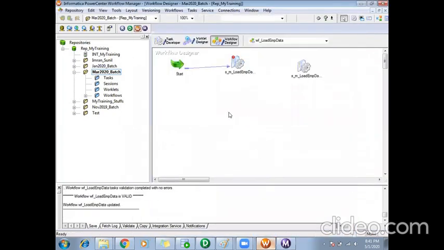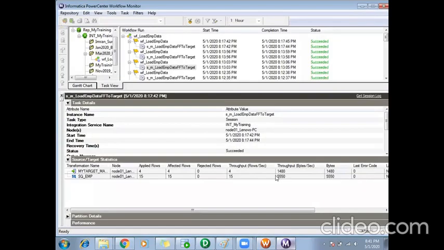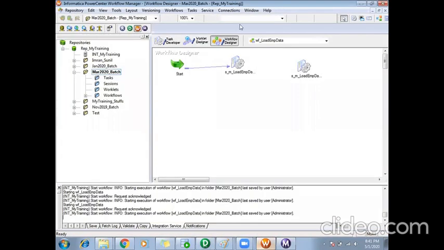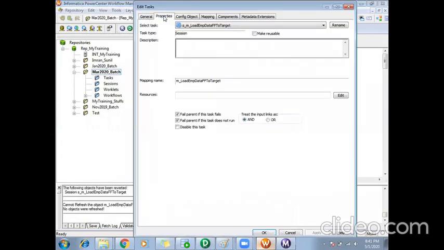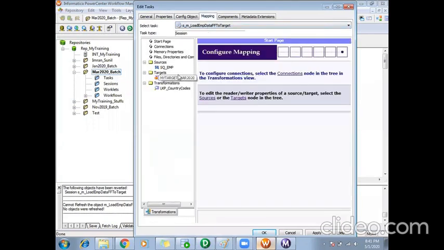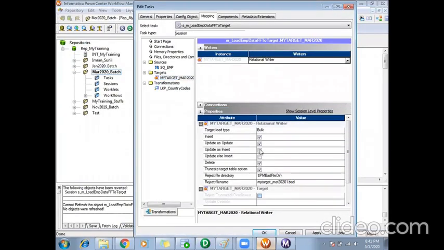I'll save it. I'll start my workflow. Got 15 records loaded. Okay, because in the strategy properties, I will make it insert now. Okay, and in the mapping level, okay, that's good.